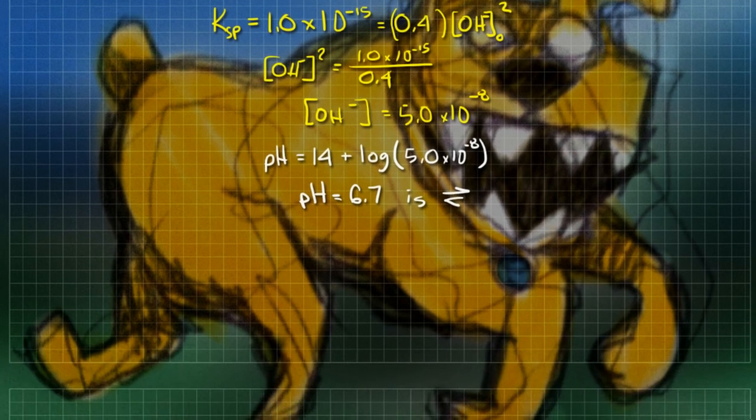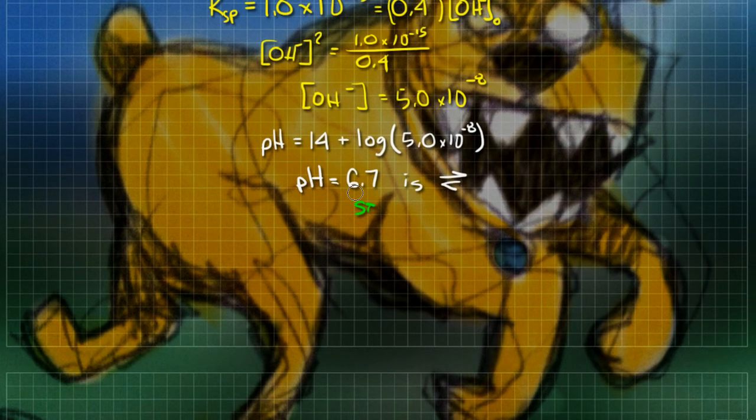All this means is that as soon as I exceed that pH, when pH is greater than 6.7,